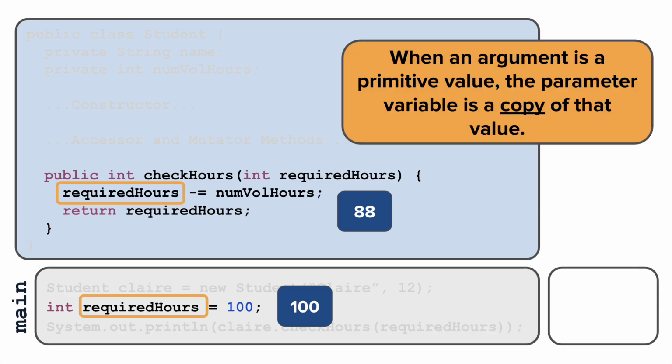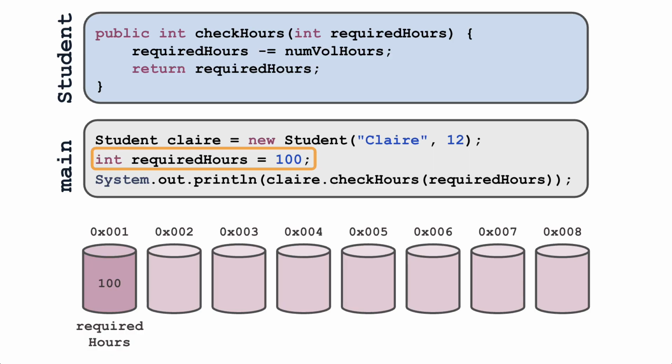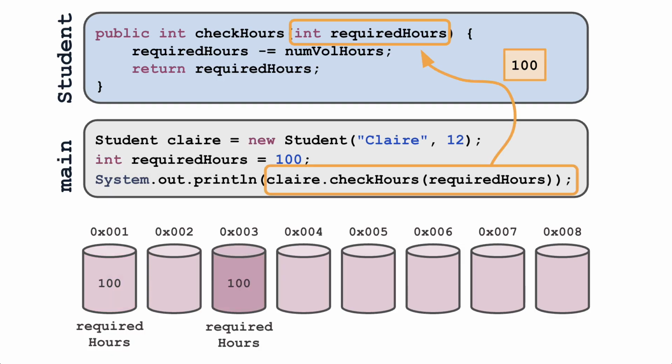This is because when an argument is a primitive value, the parameter variable is a copy of that value. This means that changes to the parameter have no effect on the corresponding argument. To see this represented in computer memory, when the variable is being created in the main method, it creates a location in memory for this variable. Then when the method is called and the parameter is declared and initialized, the copied value is stored in a